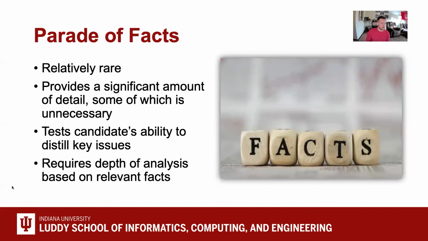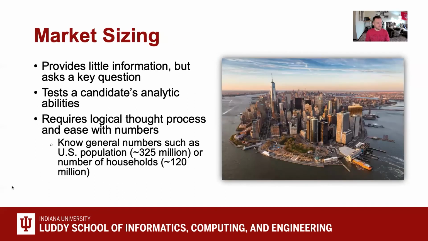Pareto facts provide a very significant amount of information. A lot of it's going to be pretty useless, but what they want you to do is go through it, and based on what the problem is, figure out what's important and what's not. Like I said, a lot of it is going to be random numbers, information that doesn't make any sense or doesn't apply to what's going on. They're trying to overwhelm you with all that information to really get through what is necessary.